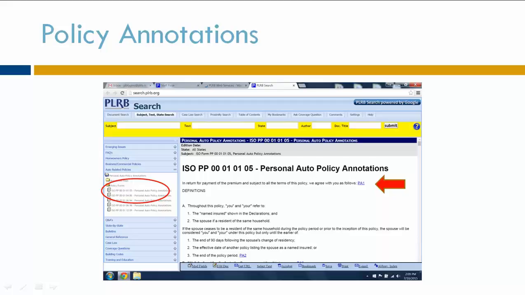PLRB has policy annotations for the homeowners, auto, commercial auto, CGL, and business owner forms. All use an ISO format as a starting point. Note too that the PLRB annotations also include information on cases from all different types of policies, including manuscript forms. By clicking on the appropriate link in the policy form, you can get to the annotation provision of interest to